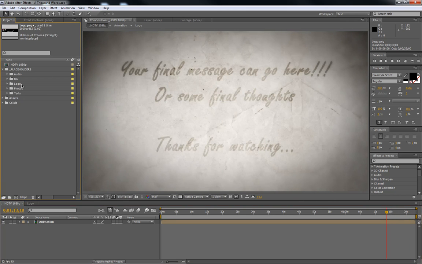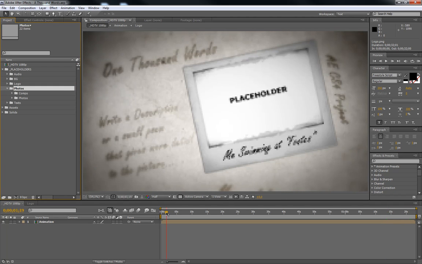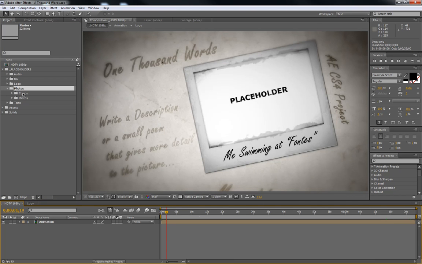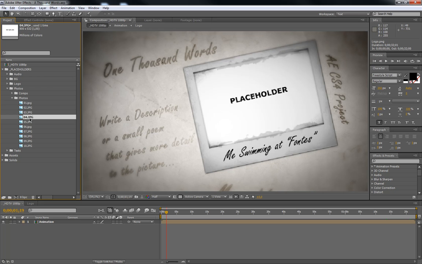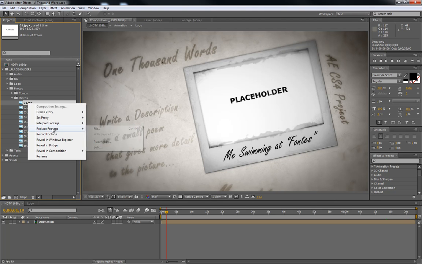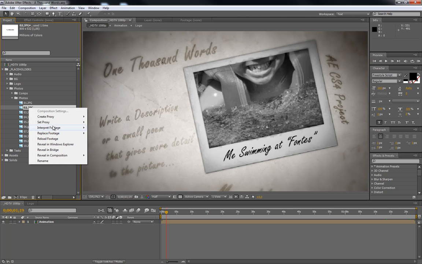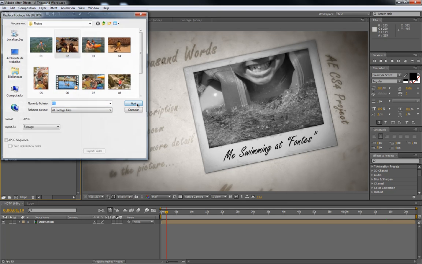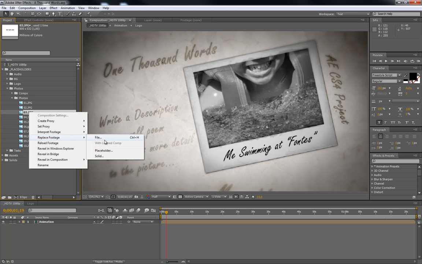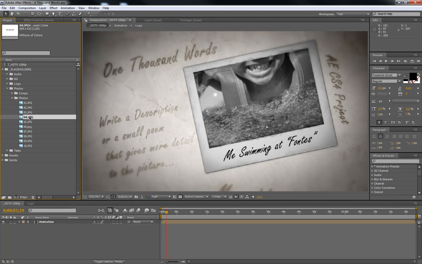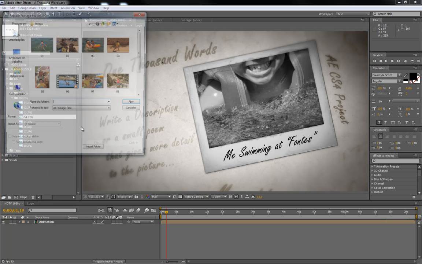Okay, so this is the logo, and now we have the photos. Inside the folder named photos, we have 2 folders, one comps and one with photos. We're gonna start with this one here named photos, which is just the placeholders. I'm going to replace number 1, so right click on the placeholder, replace footage file. I'm gonna use the one that I used on the preview. Right click, replace footage file 2, right click, replace footage file 3, and then file 4,